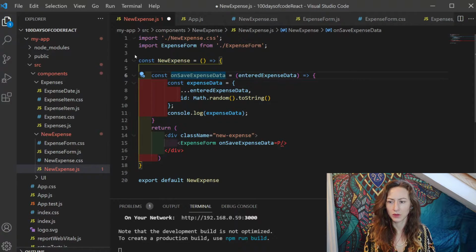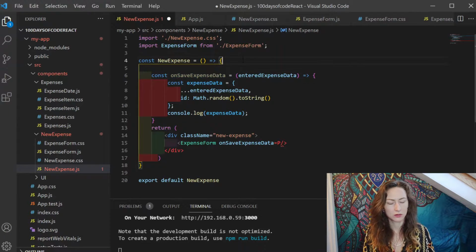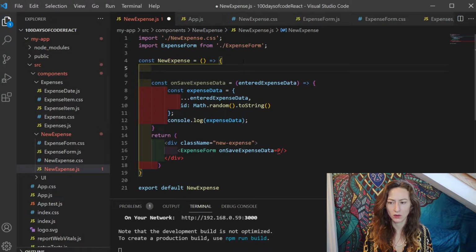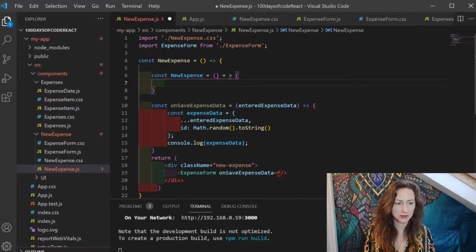Okay, so I was halfway there, but not right. So this should actually be const NewExpense. So we're declaring the function NewExpense, and the NewExpense has within it,